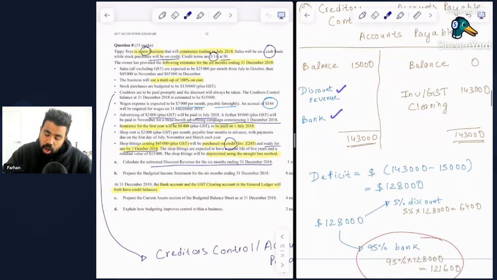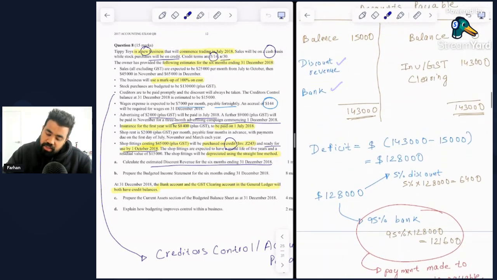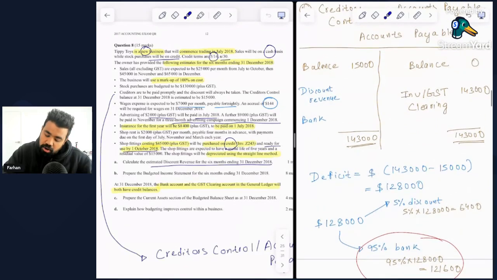All right. So here you will see that I have included two elements, discount revenue and bank. And you will understand why I have done that. So we understand that the deficit on the debit side is $128,000. We also understand that the discount is always taken based on what's mentioned in the question. We know that the discount is 5%. So 5% of $128,000 is $6,400 as the discount revenue, or the discount that we expect to receive from our